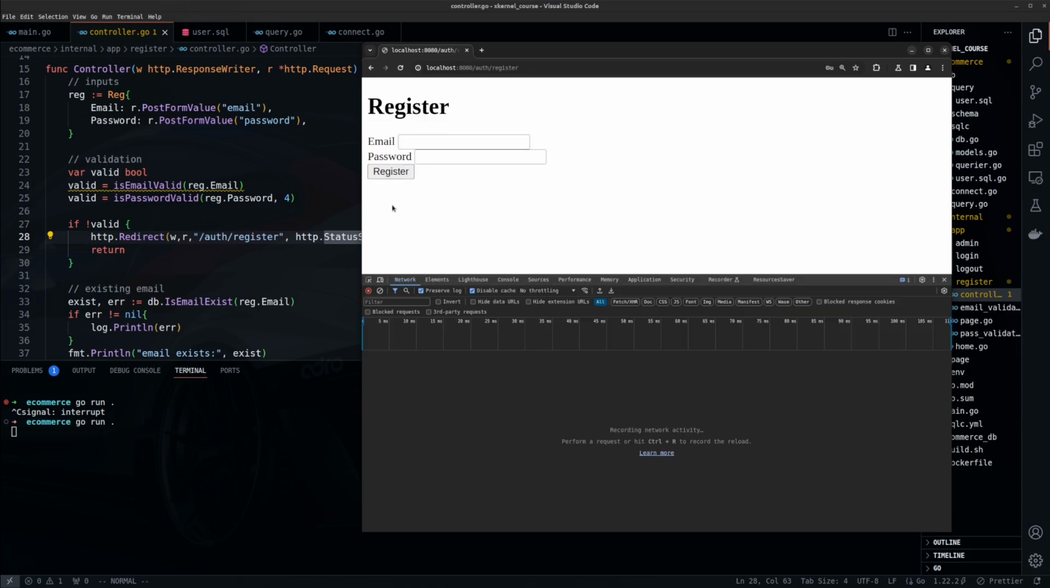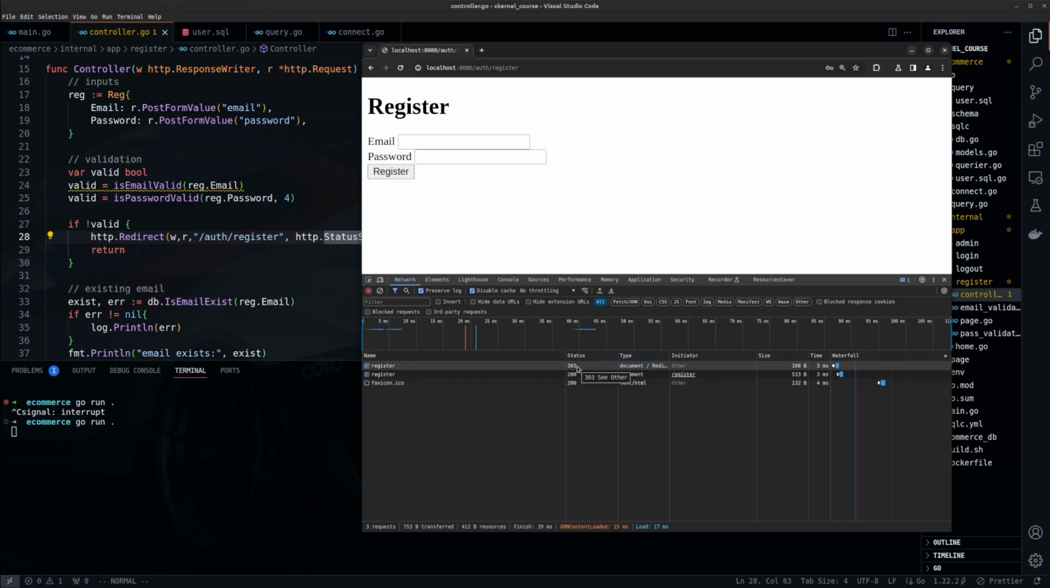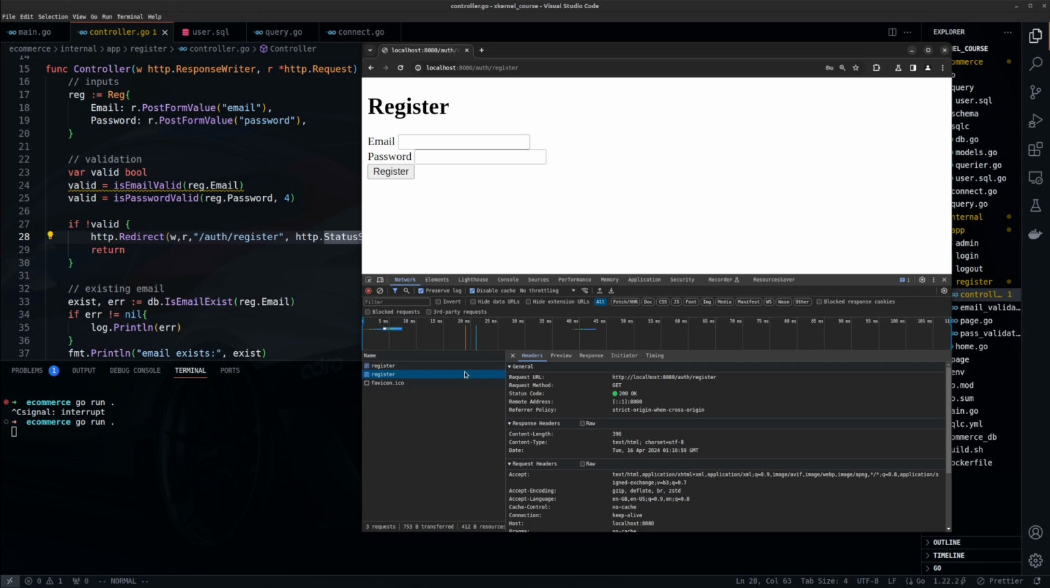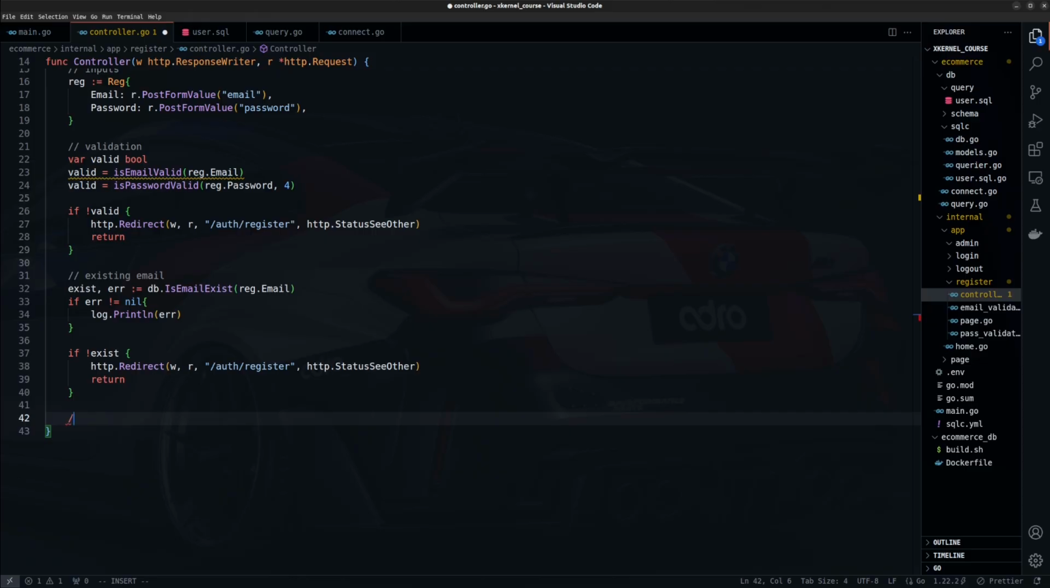We can also confirm this by checking the browser's network tab, which shows the status code 303 and a redirect with the GET method to the register page. To complete the registration controller, we have two more steps: hash the password and insert the credentials into the